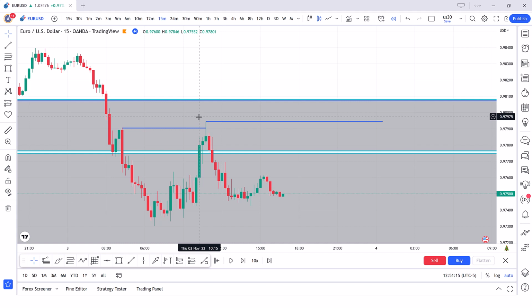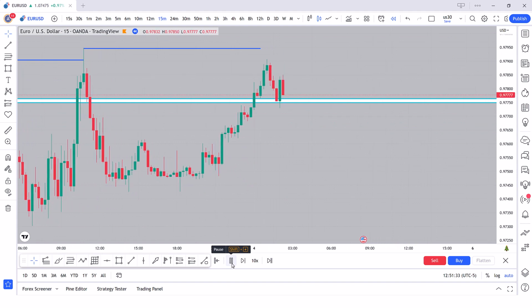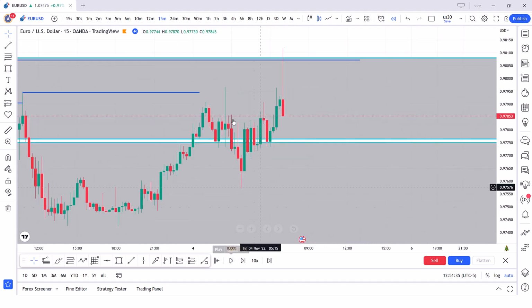Maybe we have a little lower reward to risk ratio compared to a single confirmation entry that is going to be a single break of structure, but our win rate is going to increase substantially. And we wait until the next break of structure happens, which happened, for example, here. Now we should wait for our entry.